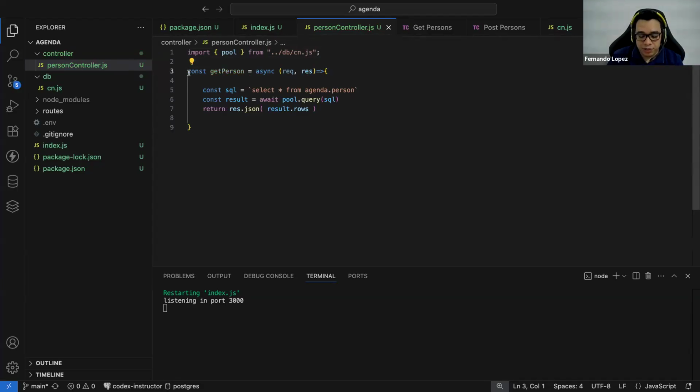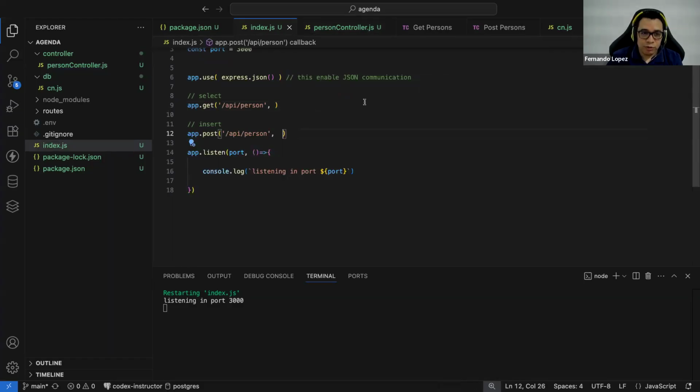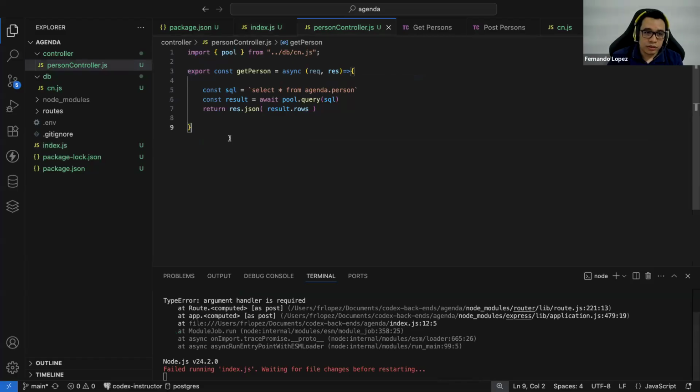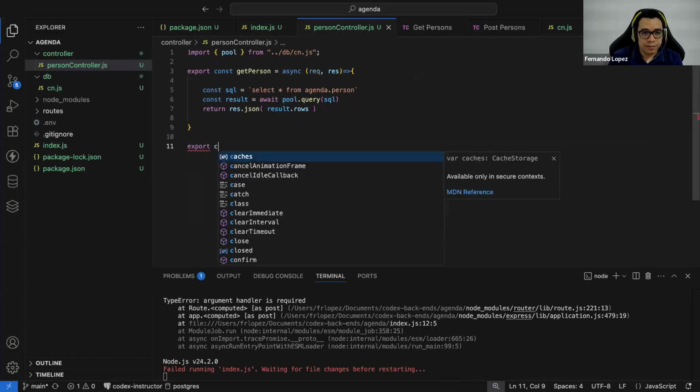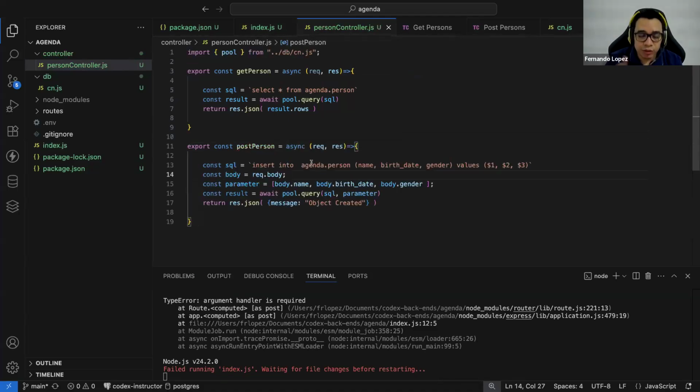Now this function needs to be exportable. So we're going to add the prefix export here. And we're going to have another function that is going to perform the post operation. So we can call this post person. Okay, so we have two functions right now.